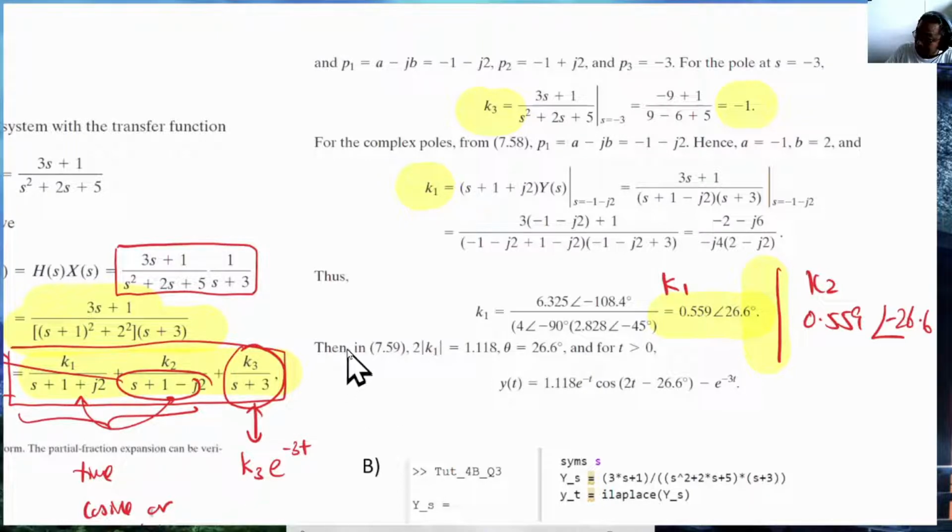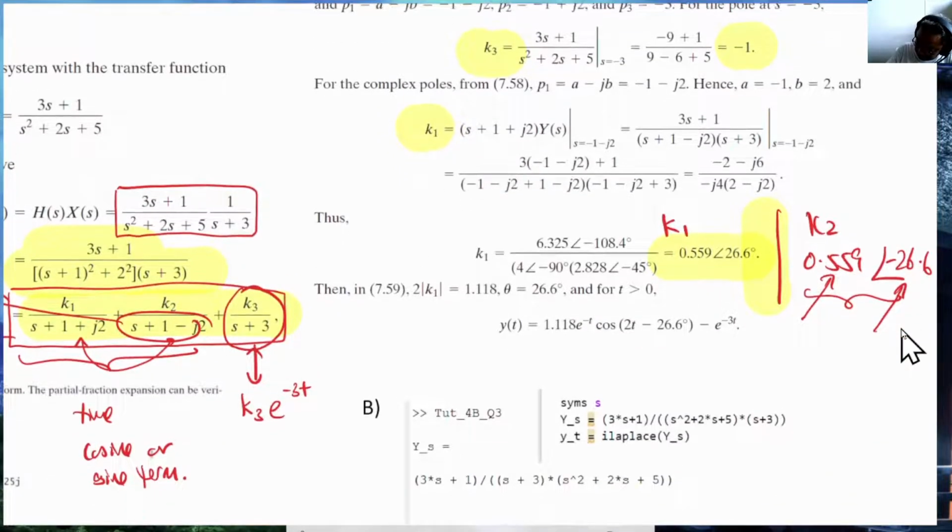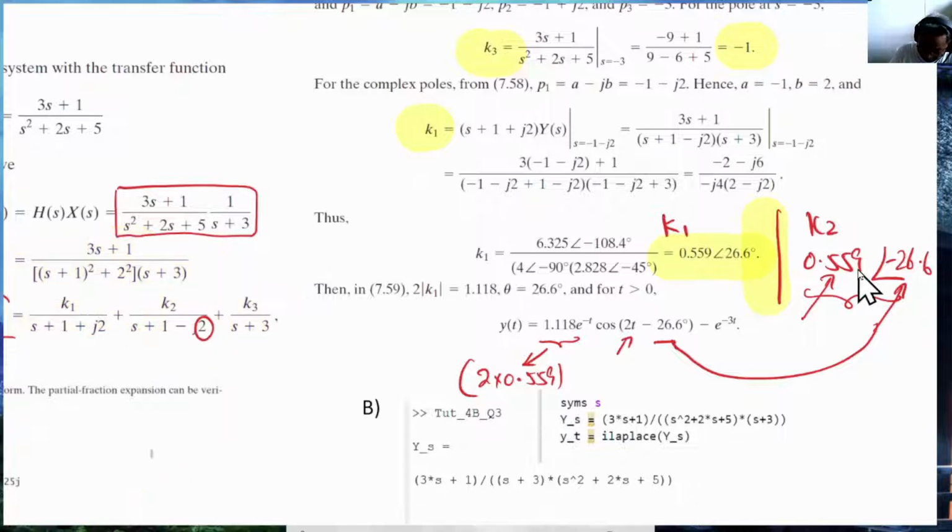So in the lectures, you'll realize that once you have identified the numerators associated with the pole at the positive j-axis, then these values become important. So these values are substituted here in the cosine. So minus 26.6 is from here. 0.559 is actually this value, 2 times 0.559. And what about cosine 2t? Where did that come from? So the 2 came from here,